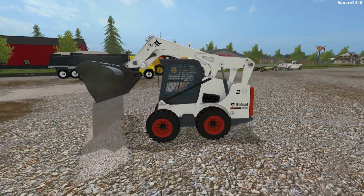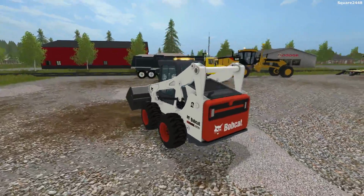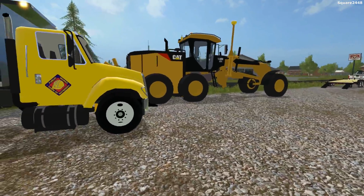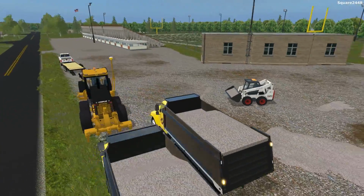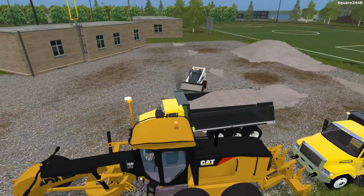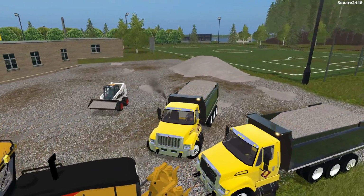So it looks like we are unable to fill in that hole, which is a little interesting, and I am also working on a few bugs with it not letting us place any kind of placeables. So we'll start this up, and we will back all the way down there, unload both these trucks, take all of the gravel out, and if there's extra, like I was saying, we could either leave